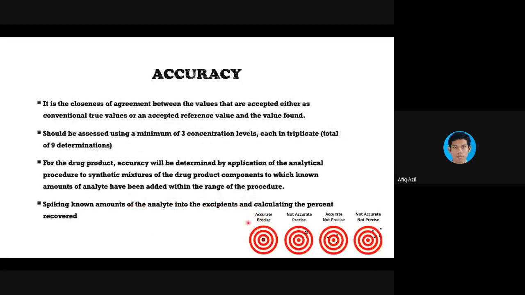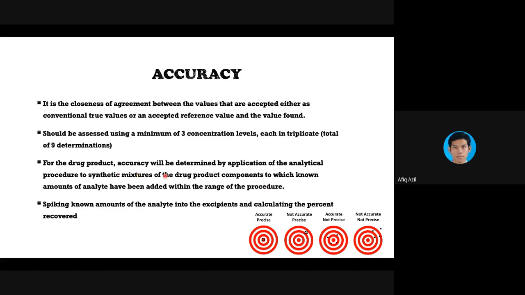So accurate, in the middle, all of it is close to the bullseye. But this one is precise, not accurate. This is considered to be accurate, but all four readings are very dispersed, and this is considered to be not accurate and not precise at all.